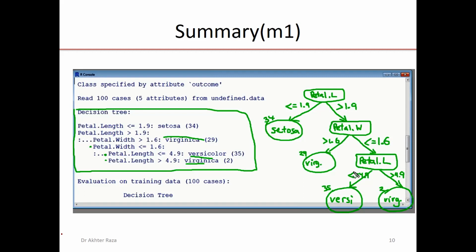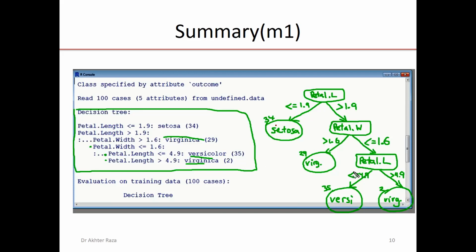Decision tree: Petal.Length less than or equal to 1.9, setosa, 34. So we have a unique label, this is a terminal node, not a child node. It is the terminal node, setosa. If petal length is less than 1.9, we have only one category, that is setosa.